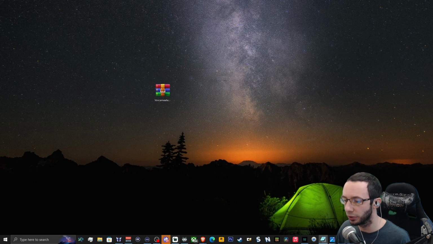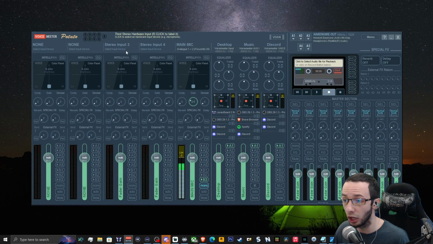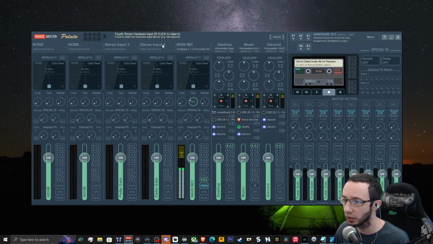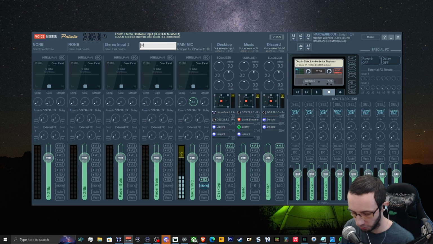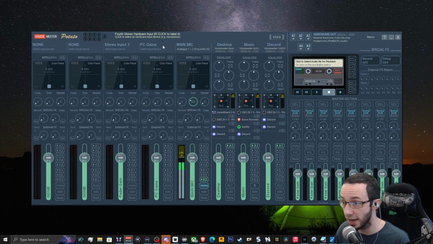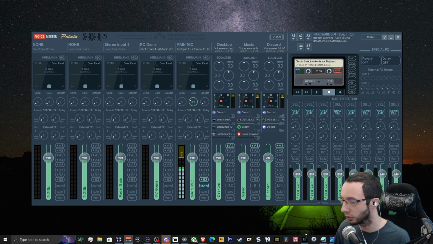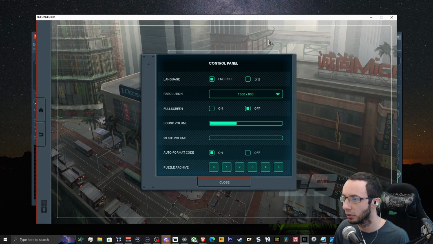Now we just go back to Voicemeeter and we name our column for our game. So let's just name this. You right click up here, you name this PC game and hit enter. And now from this drop down box, you want to hit select input device, and then you want to click your cable output. So now if you take your game,